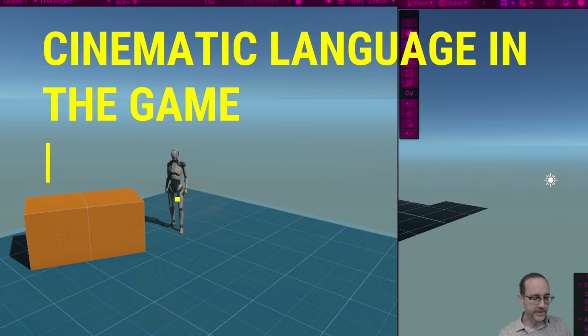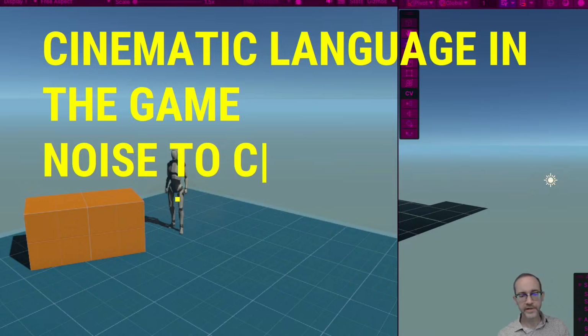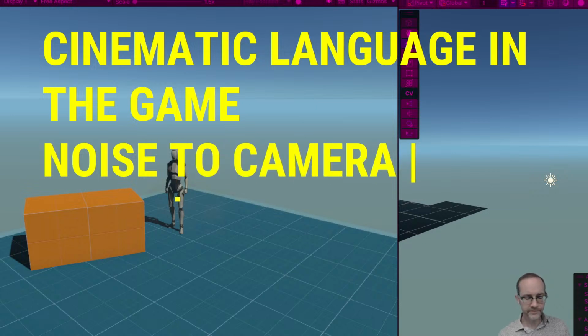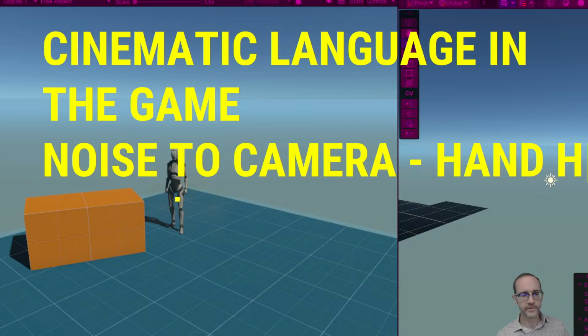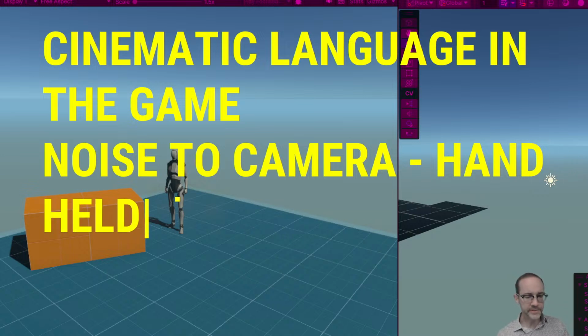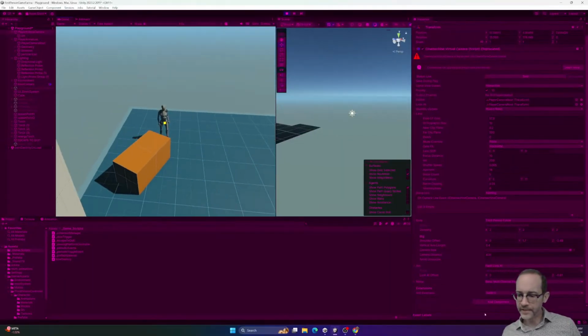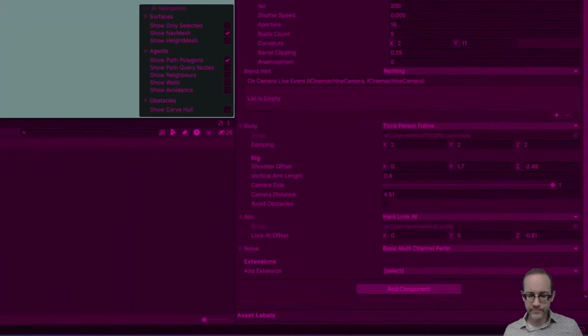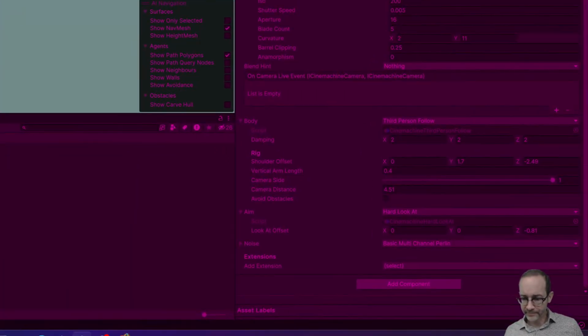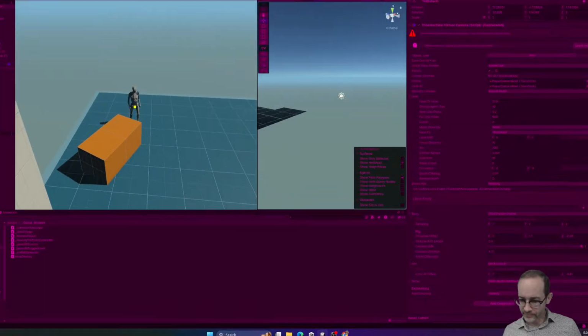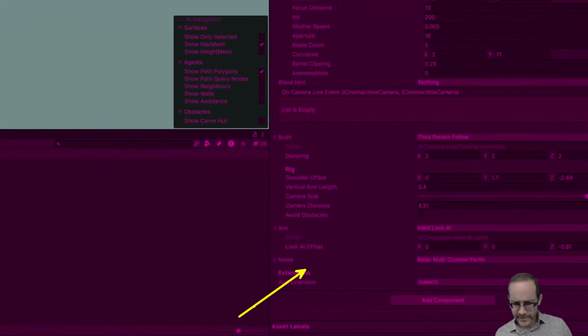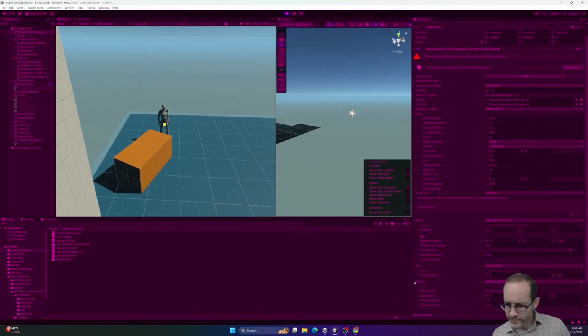One is that we can add noise. That's what that last one is, noise to the camera. This gives it more of a handheld feel, whereas if the camera is being held by a person, it's not perfect all the time. And at the bottom, that's what we have here. Noise, if I were to unfold,